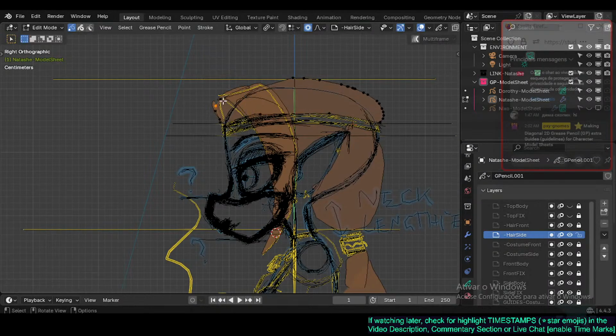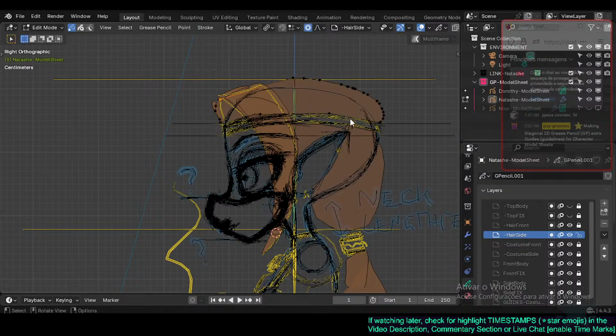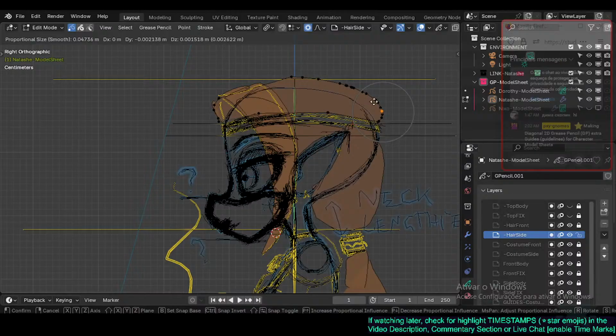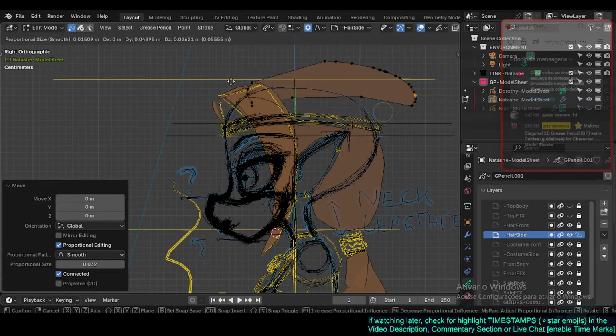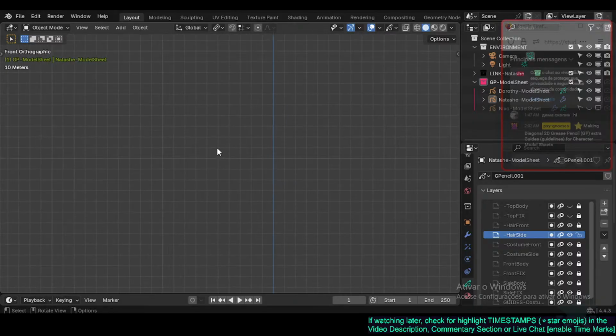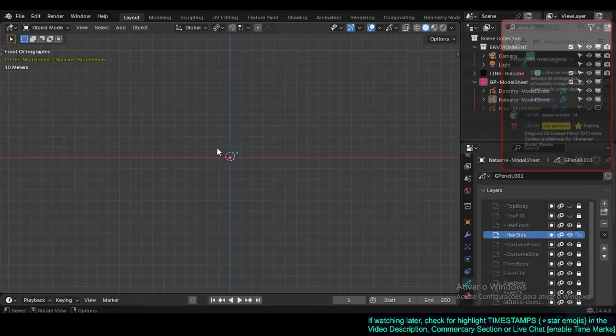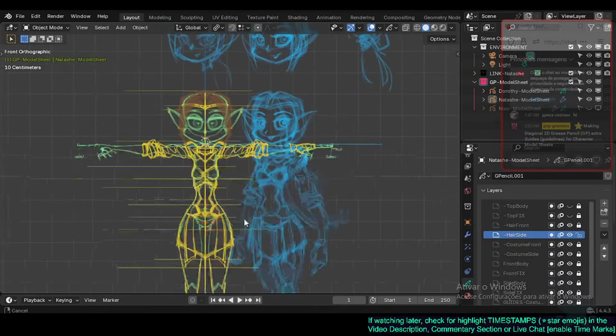I don't know why it is grabbing everything there. I don't know, this feature is going nuts. Blender is completely bugged out here, I think. Okay, so we got